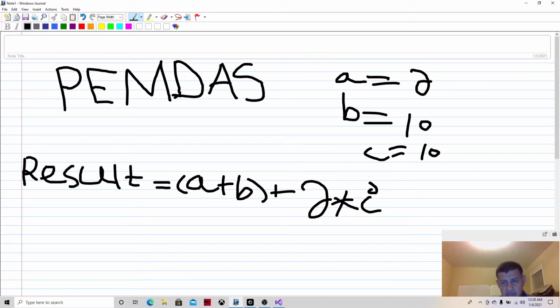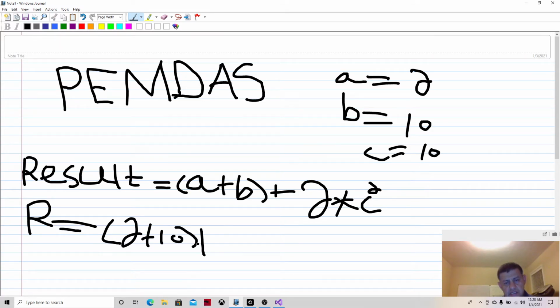If I do that, now if I substitute, I can just write R to take less time for result. R is equal to what? It's equal to 2 plus 10, plus 2 times